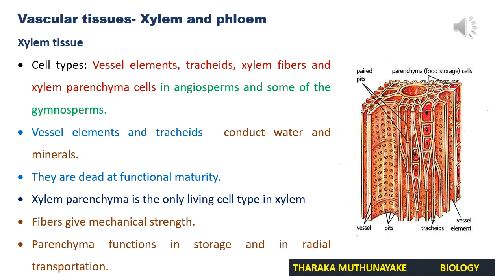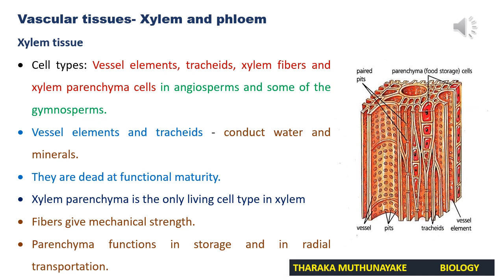What is this radial transport? And you know, if you consider stem or root, xylem is found in vascular body. It is mainly found in the middle of the plant. But when water and minerals that transport inside xylem is transported towards the peripheral parts of the plant stem or root, then they should be transported across parenchyma.